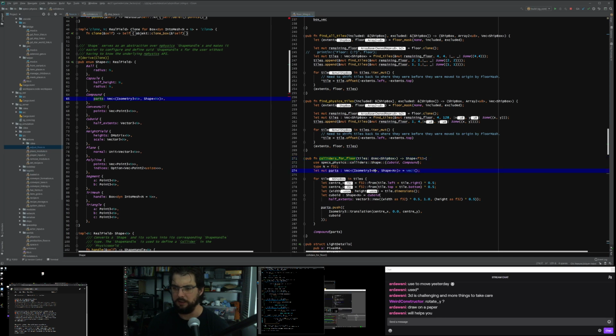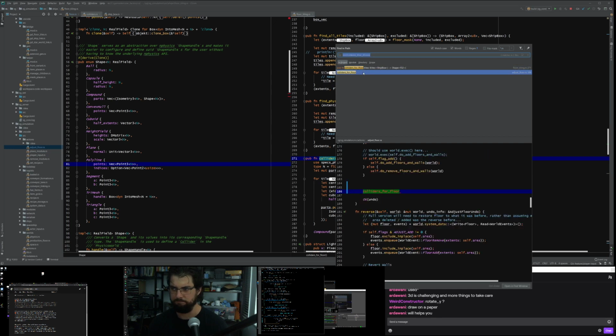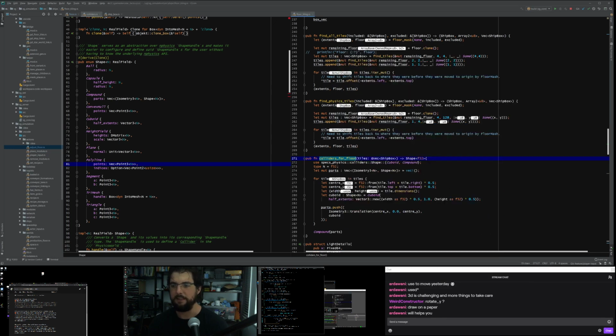So if you look in here, we create an empty compound shape. We add cuboids, which are basically cubes in space, and specify where they are, and we create a compound one out of the parts. So I've already got a unit test which makes sure that this creates sensible results, or at least I think I had one. Or maybe I just coded it up and hoped for the best. Yeah, I reckon I just coded this up and hoped for the best so far. So we're going to find out if this works soon enough.